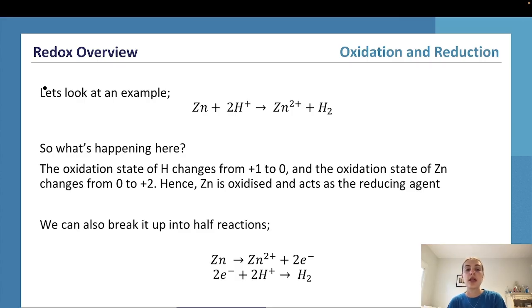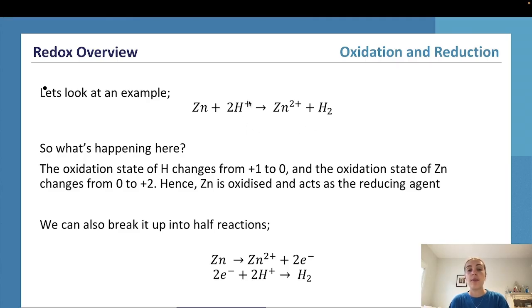So essentially, we want to look at what is happening here in this reaction. If we're taking note of this, we can see that the oxidation state of the hydrogen is going from +1 to 0, because remember, applying our rules